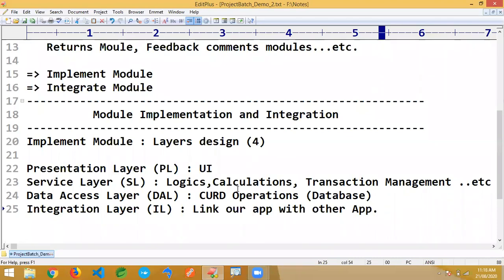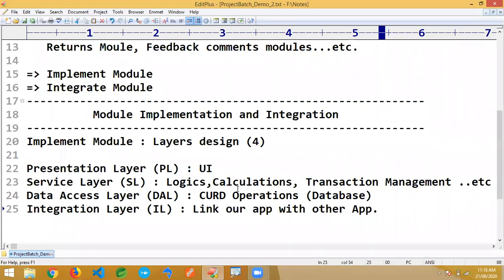Of course, nowadays it is mostly used. For example, assume you are implementing an application like Book My Show. After selecting the ticket in Book My Show, you have to do payment. For payment, you move to the Paytm application, or a credit card banking site, or something like a debit card.